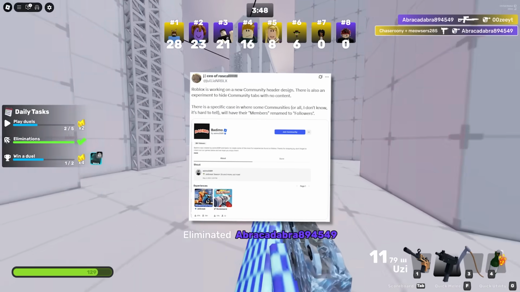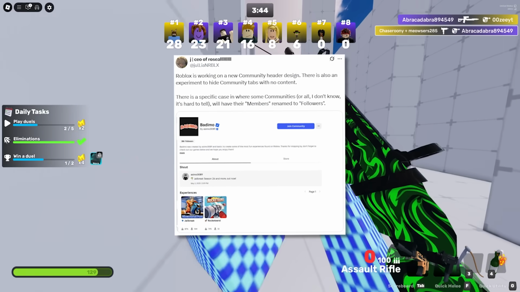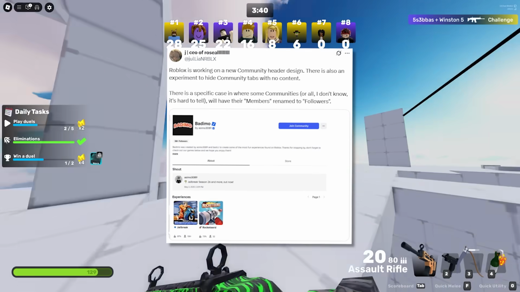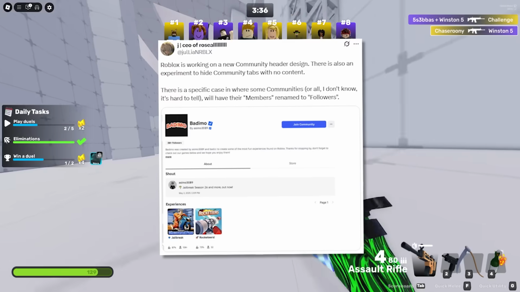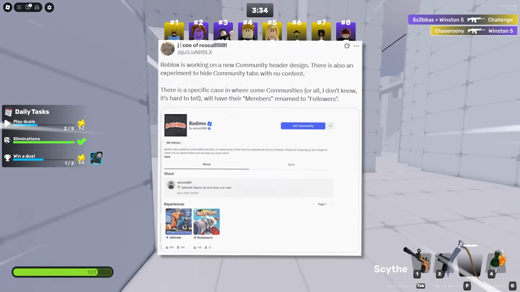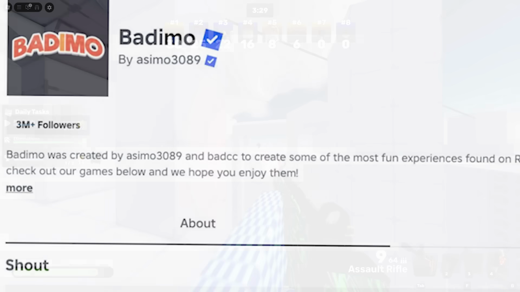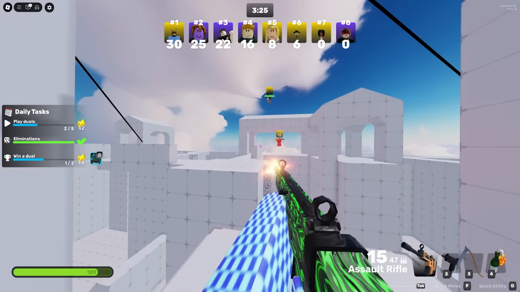It says, "Roblox is working on a new community header design, and there's also an experiment to hide community tabs with no content." But then it gets a bit juicy here, because it says, "There is a specific case in where some communities, or all, I don't know, it's hard to tell, will have their members renamed to followers." So we don't know if this is on purpose yet, but as you can see in the screenshot here under the image for Batamo, it says 3,000,000 followers, not members,